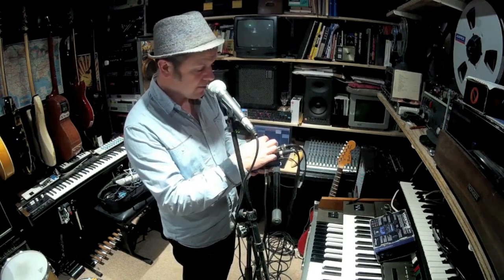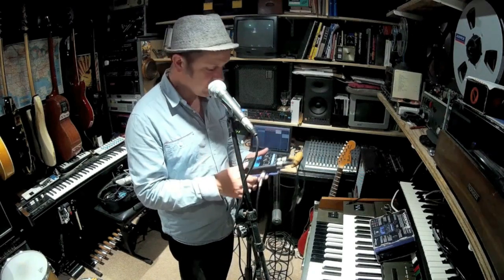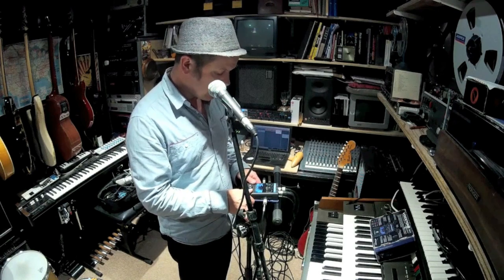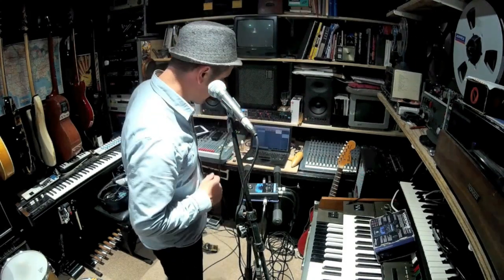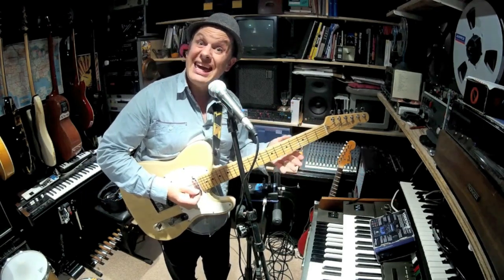And this time I'm going to set the key control here to guitar. Now the guitar input, all it needs to see, or hear rather, is a root note and a third, whether it be major or minor, and then it'll sort the backing vocals for that. So I'll just pick the guitar up. So if I've got my E chord there,